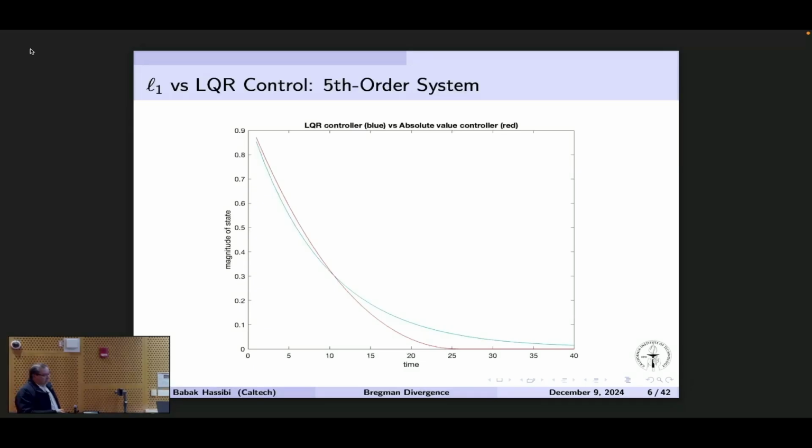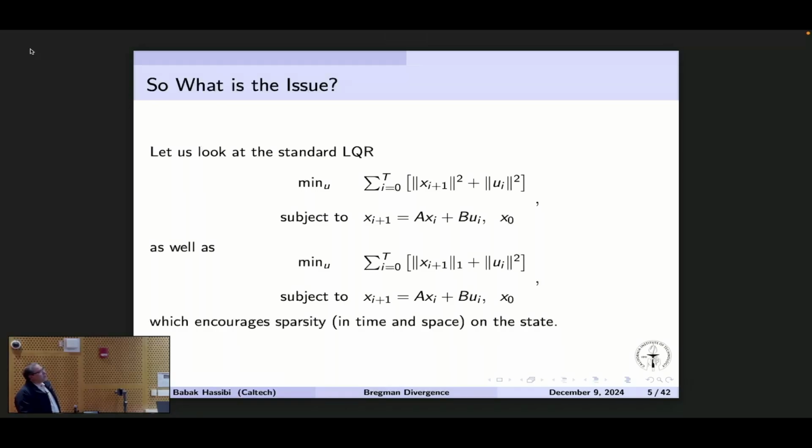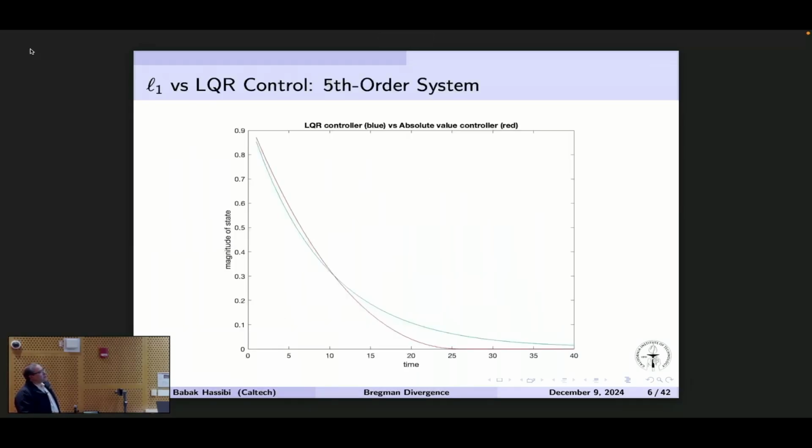It will do that. In fact, if I put a weight in front of this L1 norm and crank it up, this happens earlier and earlier. And if you crank it up sufficiently, at some point it will set the state to 0 after 5 steps, which, because the system I was looking at was controllable, is the shortest amount of time required to push the state to 0. So the point I want to make is that this is not just for curiosity. You can get behaviors that are very different from what you get from LQR by just changing that cost to an L1. This is now something that is going to push the state to 0 earlier.